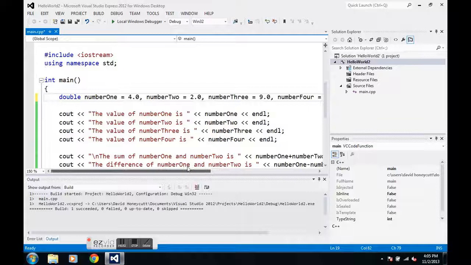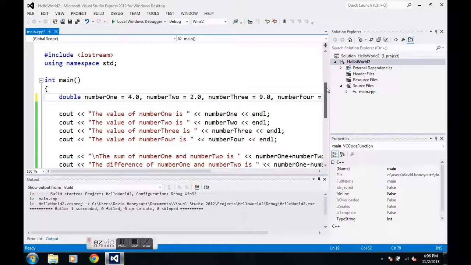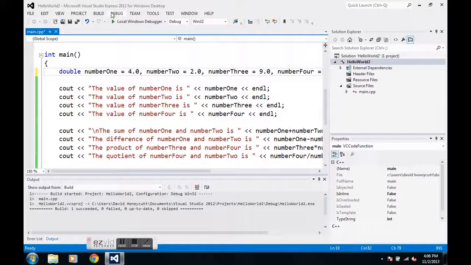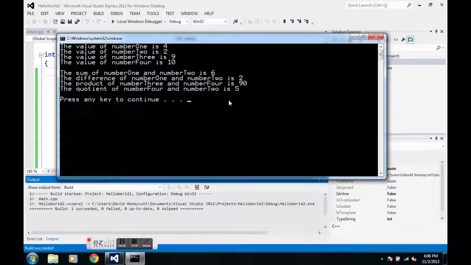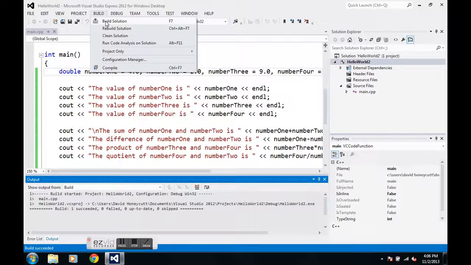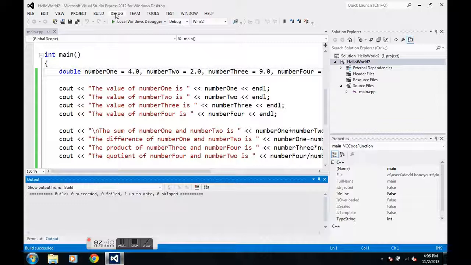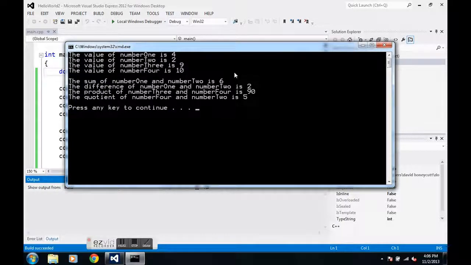In this case, they're all really whole numbers. So I'm just going to put .0 to keep them whole numbers in decimal form. So let's see what this looks like printed. And it's the same. Oh wait, let me build first. Yeah, it is the same. Okay, just making sure. There is a way that you can turn on the decimal, and I'll get to that